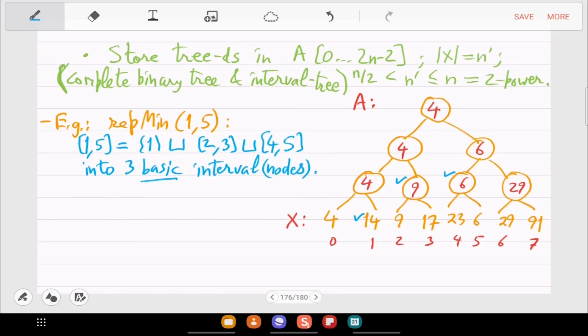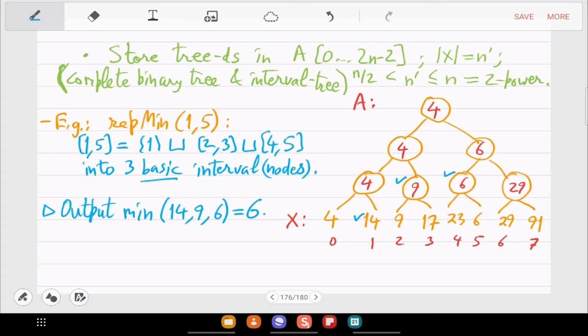Just take the min of these 3. That's the answer. So min of 14, 9, and 6 is 6. Okay, so 6 is the answer. We use the interval tree property to get the decomposition, then go to those locations, those nodes, and calculate the min.